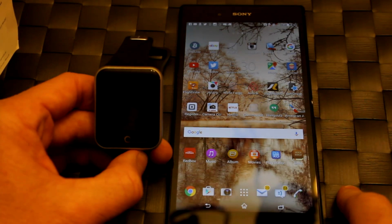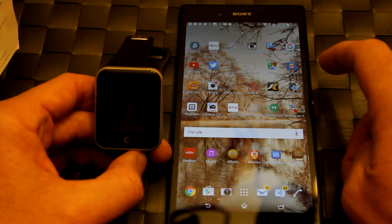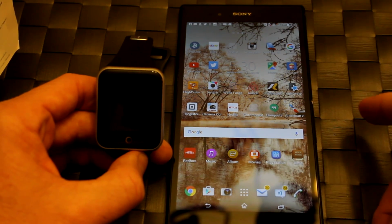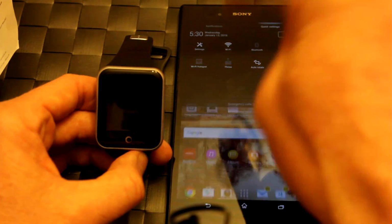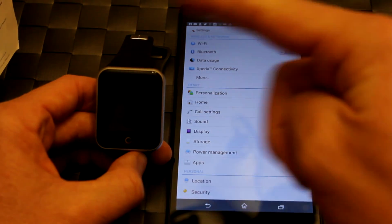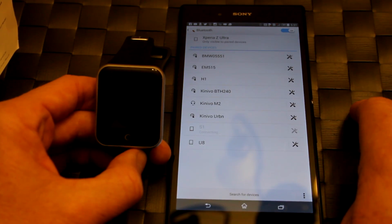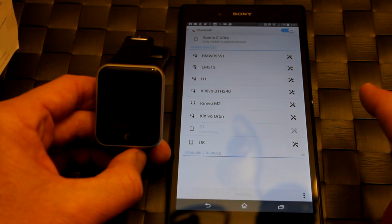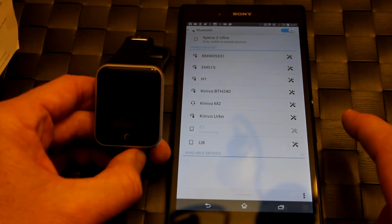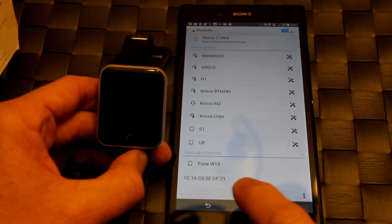We're going to search it to my Android phone first. We'll go ahead and connect that. So what you're going to do in iPhone or Android, you're going to go to the settings menu. You're just going to make sure your Bluetooth is on, on your Android phone or iOS. And you're going to go to the Bluetooth menu, and in Android it's going to say search for devices. So we're going to go ahead and search for devices here, and then it will actually pick up the Bluetooth on the watch here, which we have right here,